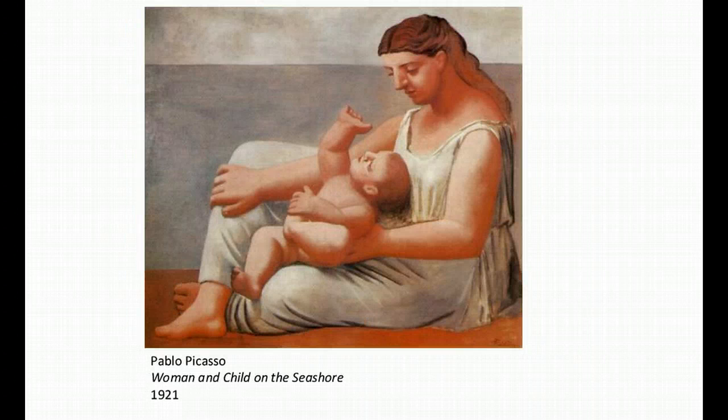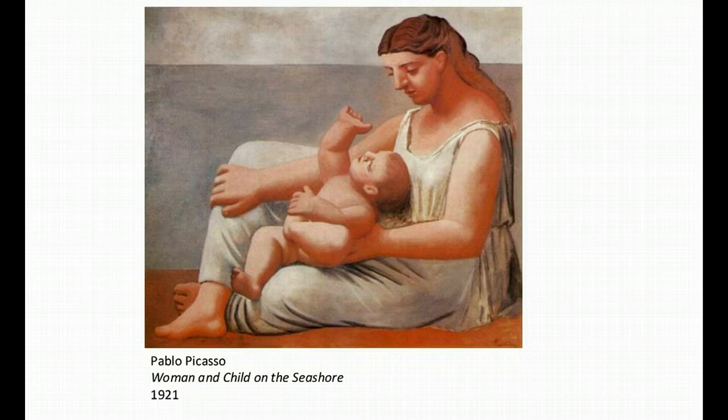Also from 1921, Pablo Picasso gives us this, Woman and Child on the Seashore. Actually, this painting, in its original form, was made a little bit larger and included a likeness of the artist himself, and so it was a family by the seashore. But after some personal issues in Picasso's life, he cut that part of the image out and framed it as such, with a woman and child sitting by the seashore.